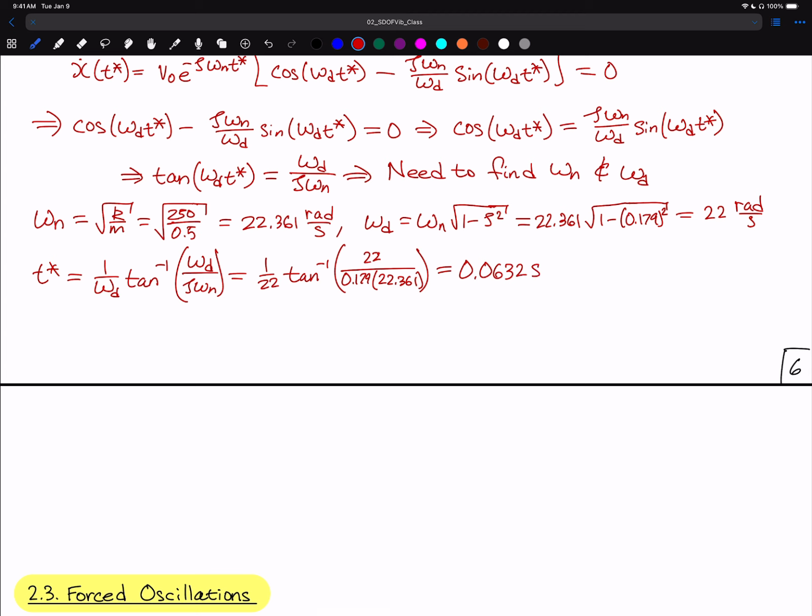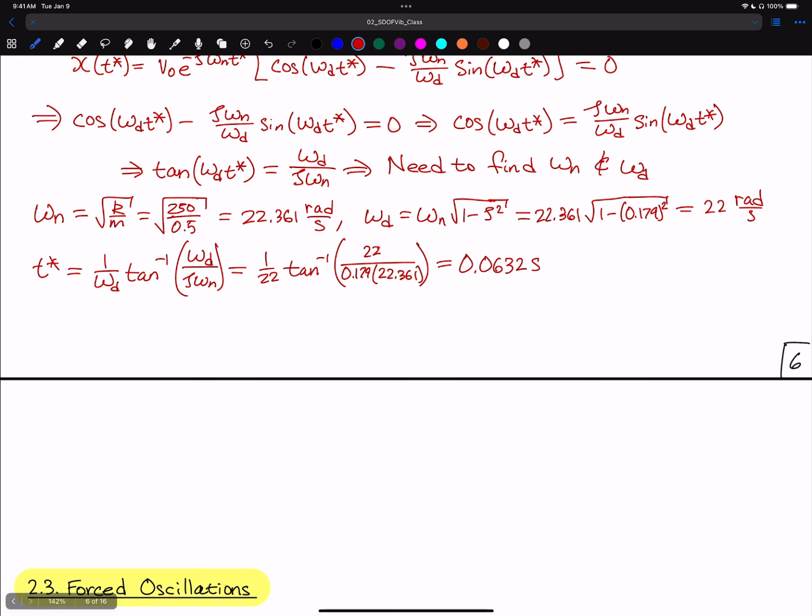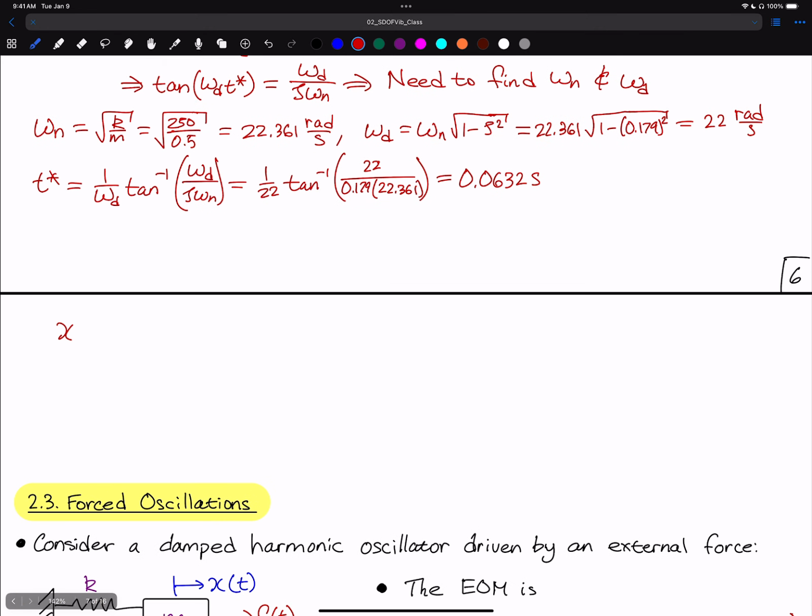Now that we know t star, we now need to go compute what the maximum displacement is. So we're going to compute here x of t star. This is equal to v0 over omega d times e to the minus zeta omega n t star times the sine of omega d t star. And then plugging in the numbers, we're going to get 0.05 divided by 22 times e